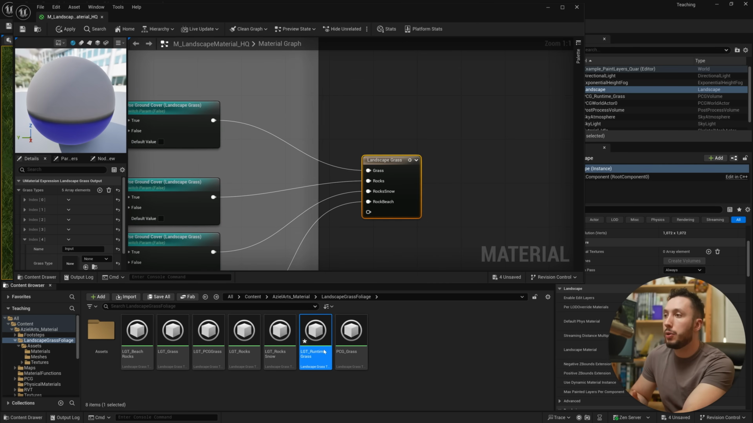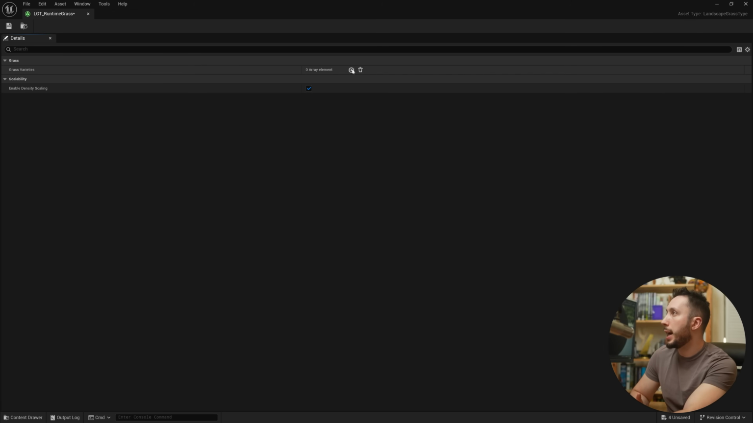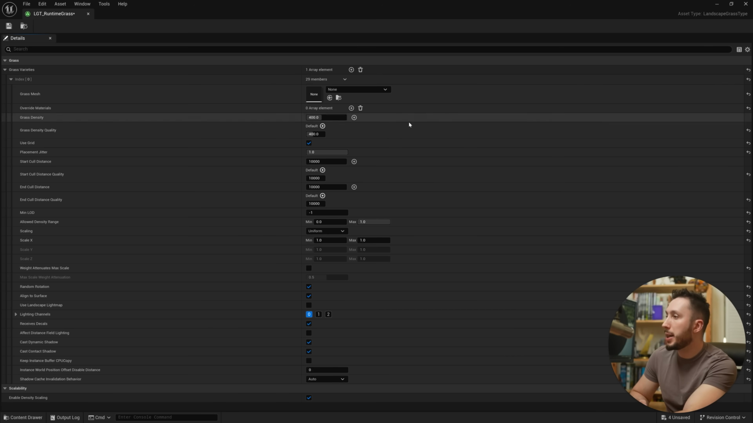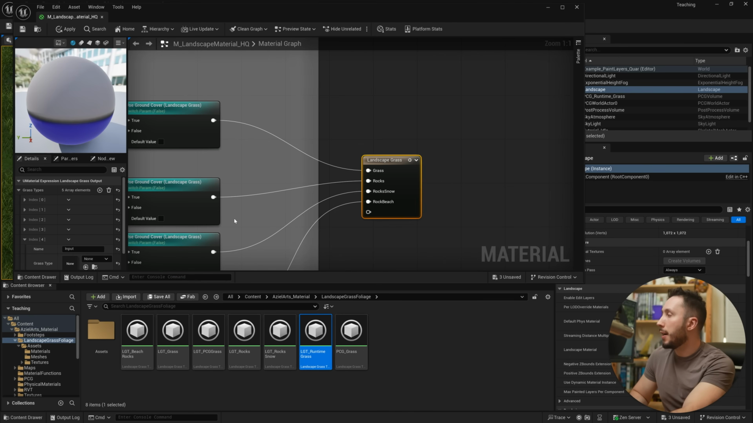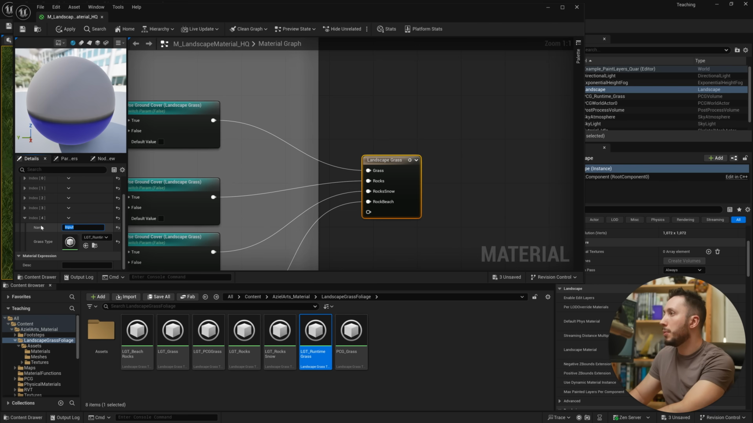Normally, if we were using the traditional landscape grass method, we would come in here and start adding some additional grass meshes, and it would pick up on those and start spawning them. But in this case, we need literally an empty asset, which is going to be used to pass the data from the landscape material to the PCG grass. So we have this empty landscape grass asset. I've made the new input here in the landscape grass, so I'll drag that in,